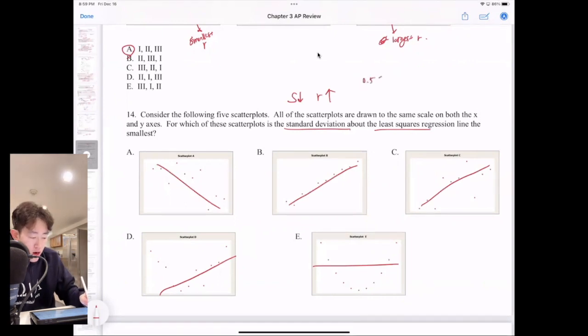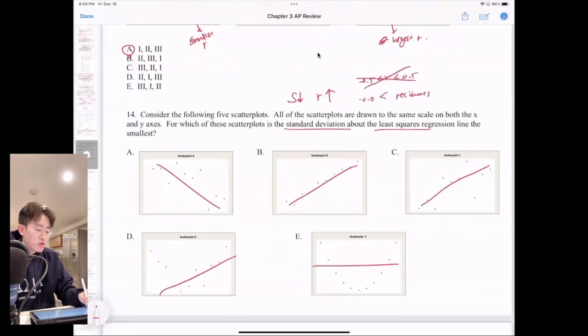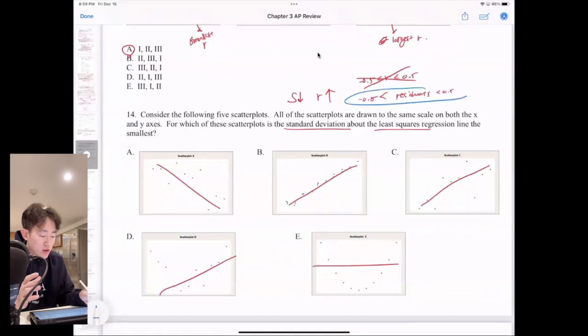A residual varying from negative 0.5 to positive 0.5, right? Or I'm sorry, I shouldn't say that. I should say the residuals. I don't mean the correlation coefficient. If I were to just calculate all of these small differences between actual and predicted, and they're somewhere between those two, you can see how they vary from negative 0.5 to 0.5. Their variability is about 1, like the range is about 1.